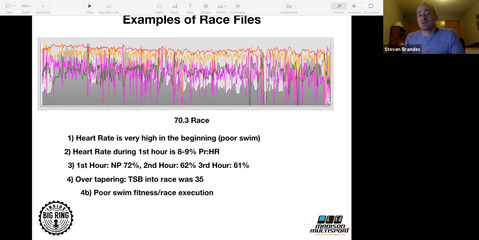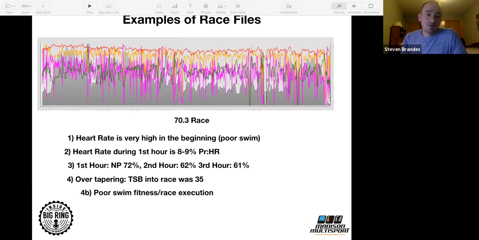The first hour, 72%. That's somebody saying, okay, let's say my goal percentage was 75%. I need to ride my wattage. But my heart rate's so high, I'm not paying attention to that, but I need to ride it. The second hour, 62%. That's a 10% difference from one hour to the next. Third hour, just 61%. If you're riding 61%, you know that you're not in a good place.